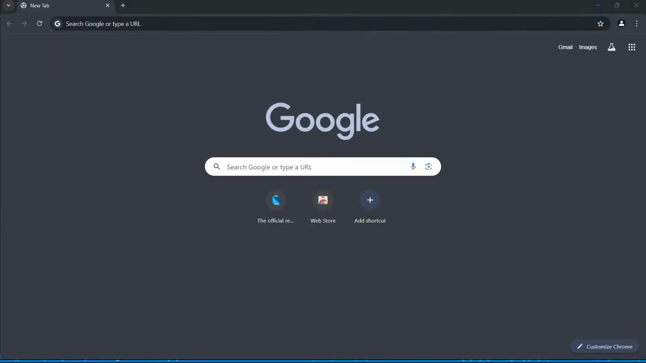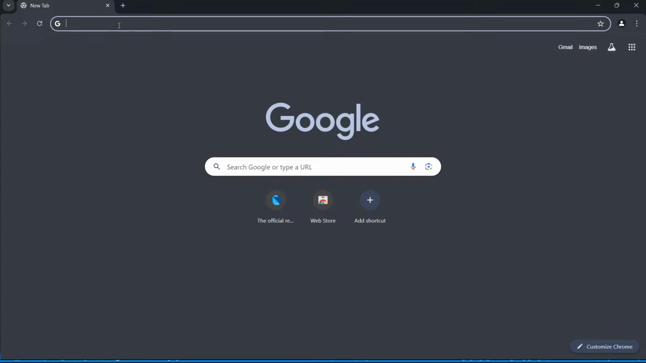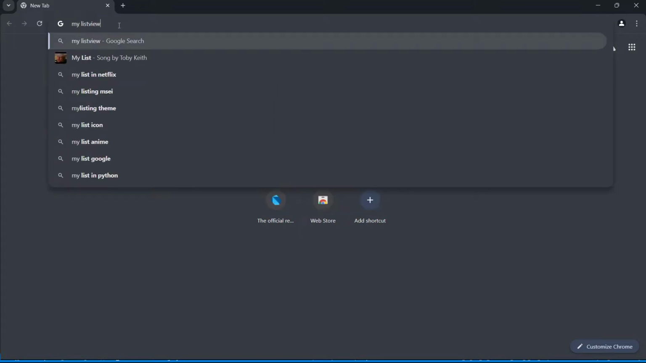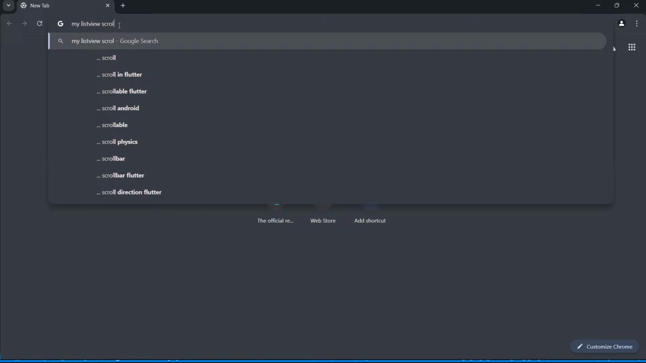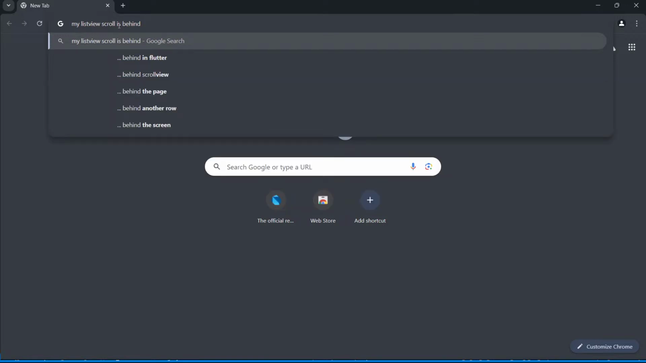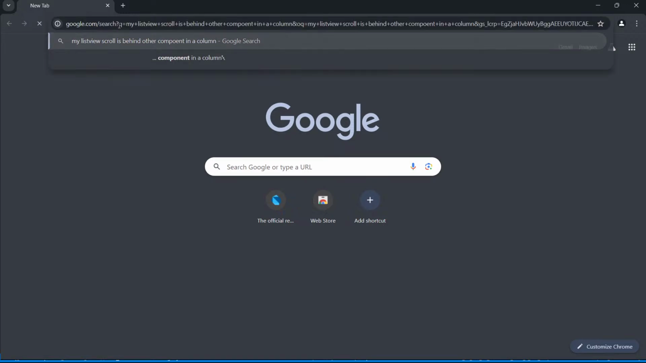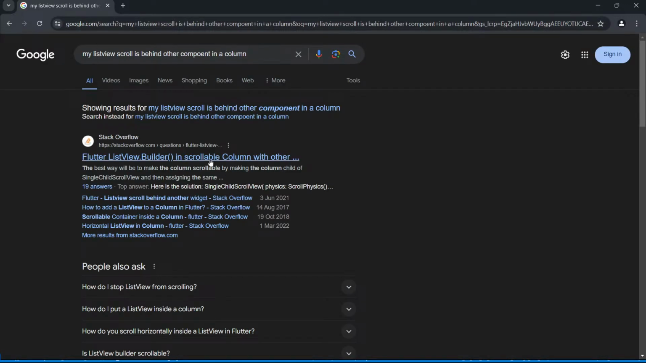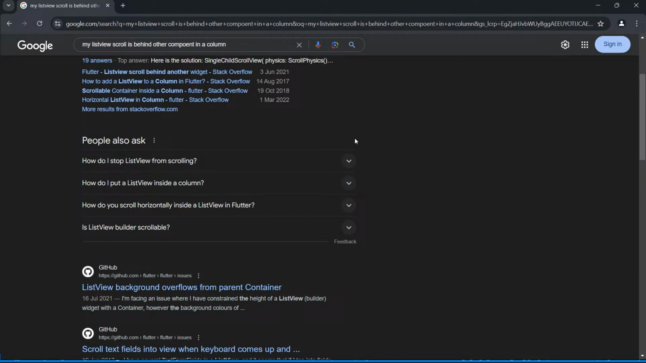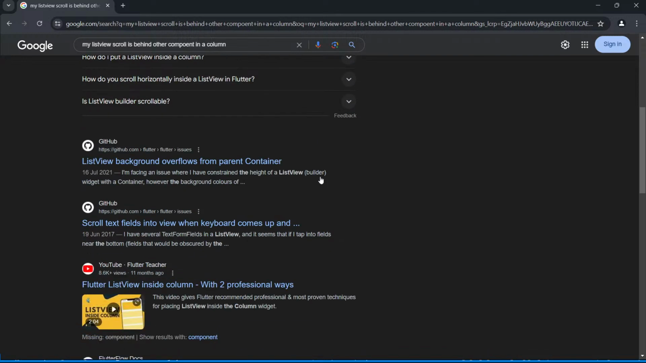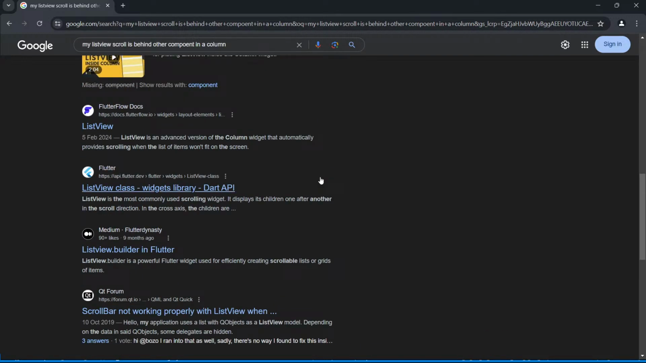Let's bring up Chrome and search for it. My list view scroll is behind another component in a column. It will be less scrollable column. The best way to make the column scrollable is making the column a child of a scroll view and then assigning the overflow from the parent component to scroll. So what we wanted is